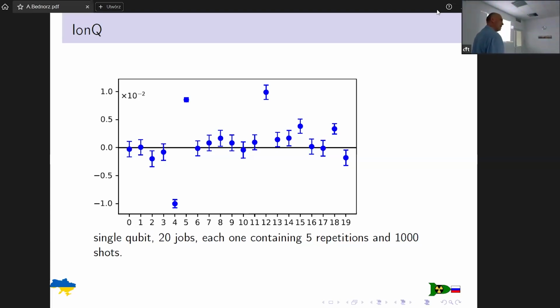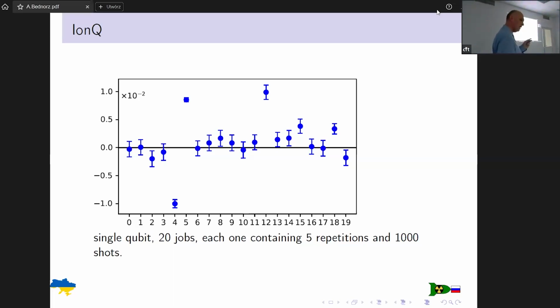Why? Because I had a Google Cloud account, which has a limit. It gives you a free $300, completely free. This is what some Hungarian guy told me was how to cheat them. But now IonQ is offline, so we cannot repeat this experiment. Now you see that it's a bit better, because sometimes a single qubit is good, but for some jobs I gained some strange effects. Unfortunately, we cannot repeat this because, as I said, it's now offline.